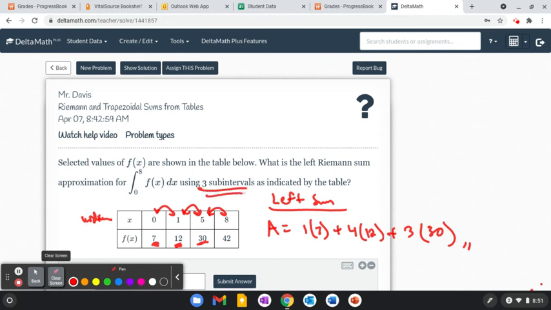So we're just going to add those all together. 7 plus 48 plus 90. And let's see, that gives us 145. So that's our left sum. Now, if we were asked to do a right sum with the same values,